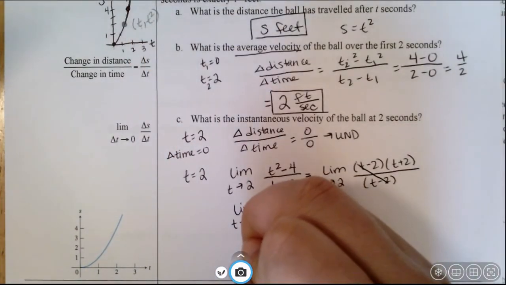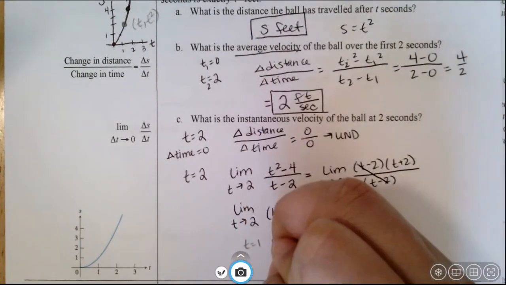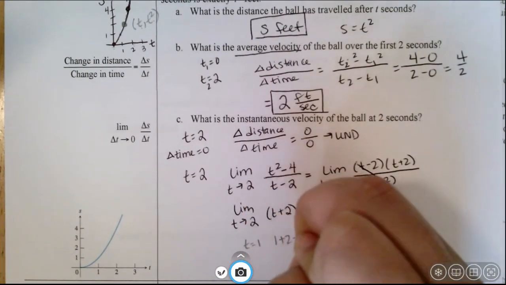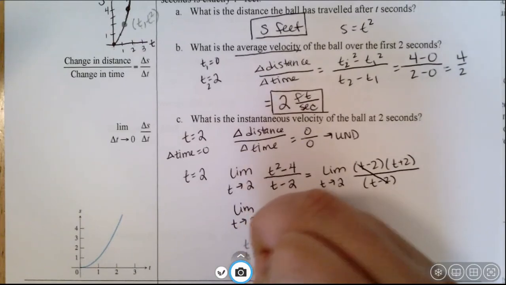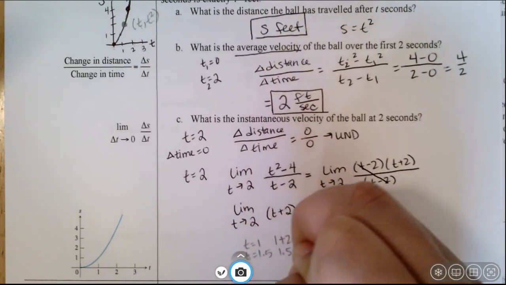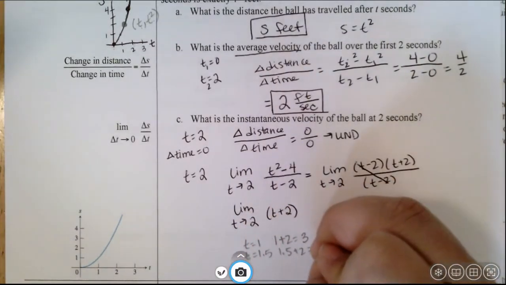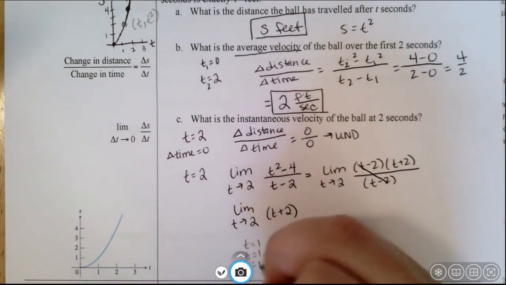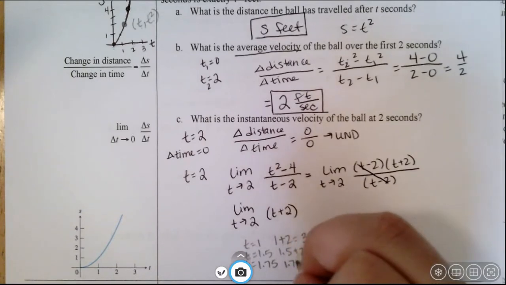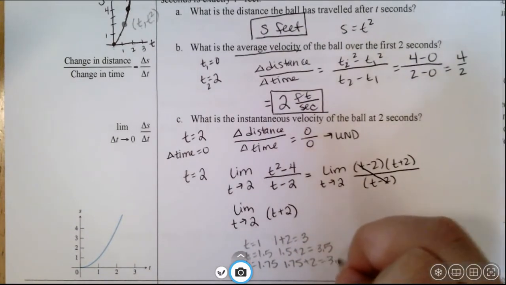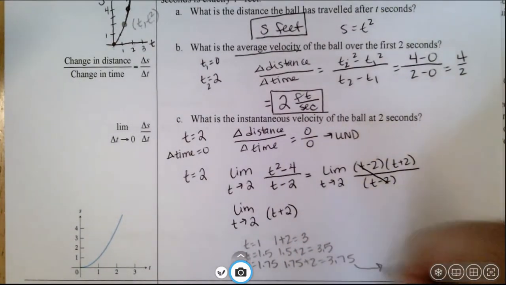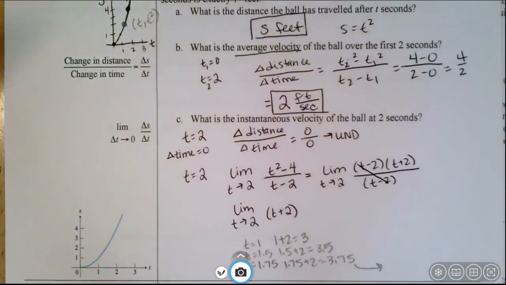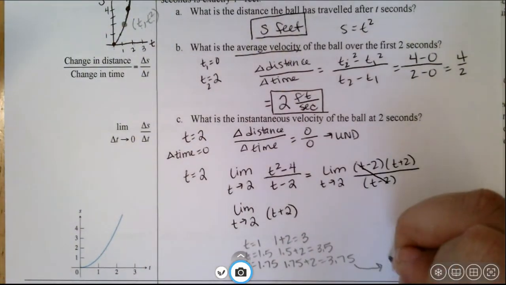And so what would happen if t is 1? Then we get 1 plus 2 is 3. What if t is 1.5? Then 1.5 plus 2 is 3.5. What if t is 1.75? 1.75 plus 2 is 3.75. So these values are all getting closer and closer and closer to, these are approaching